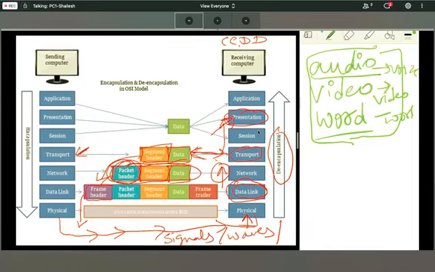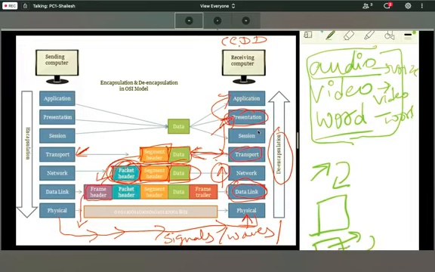So according to that, it will give instructions to the application layer, which application is useful or capable of opening the data. For example, if I send an email to you, and when you open it, the format is not applicable in your system, there is no application in your system to open that particular document.